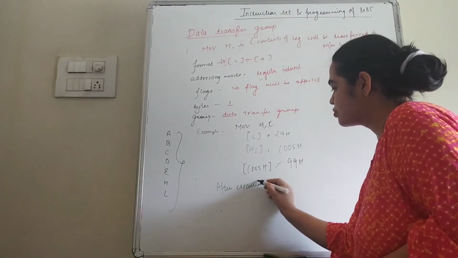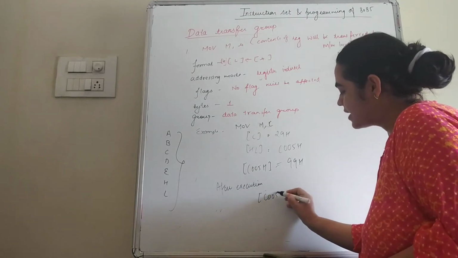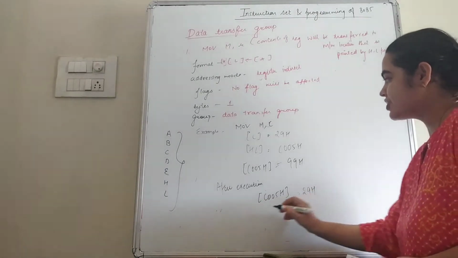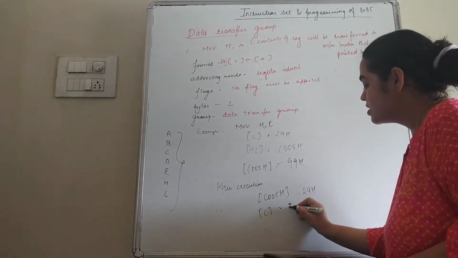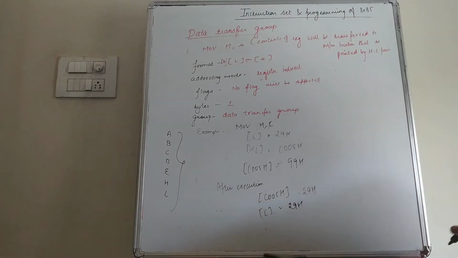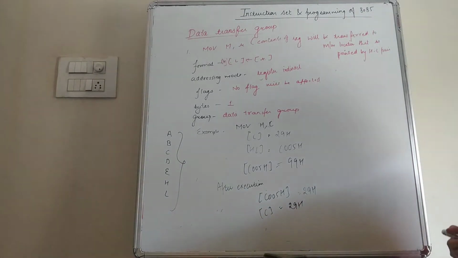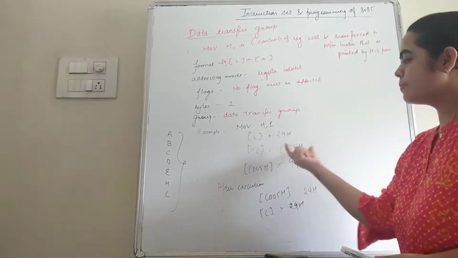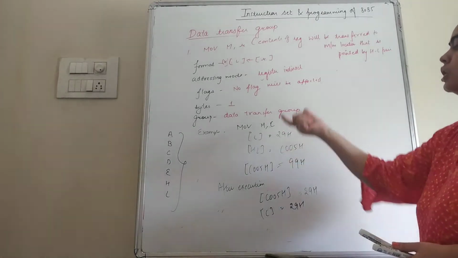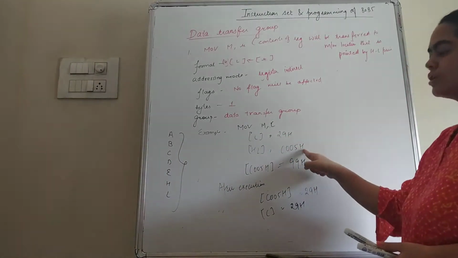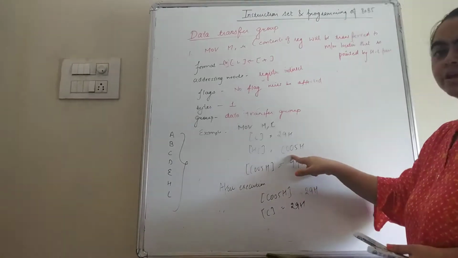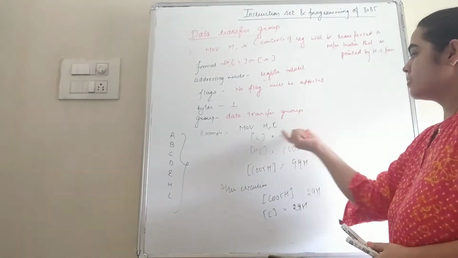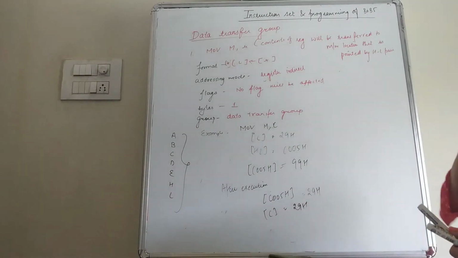After execution, the new contents at memory location C005 are 29H and the C register remains the same. That means in this case the contents of the register will be moved to the memory location pointed by the HL pair. Here the HL pair points to this memory location, so the contents of C will be transferred to C005, and the previous contents will be overwritten by the contents of C.